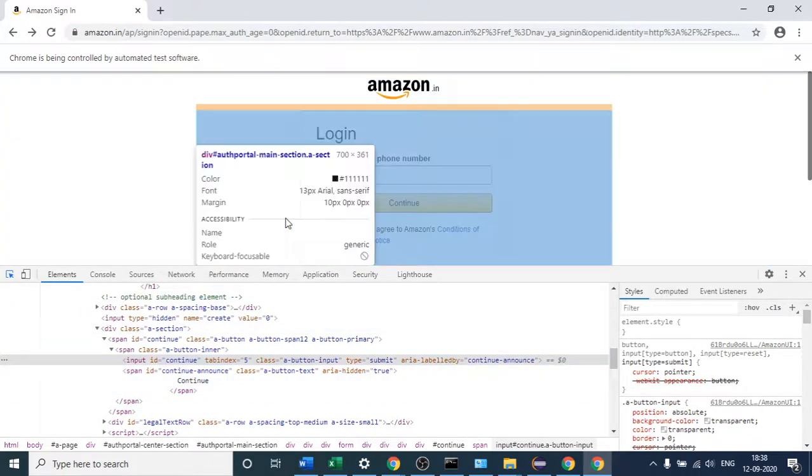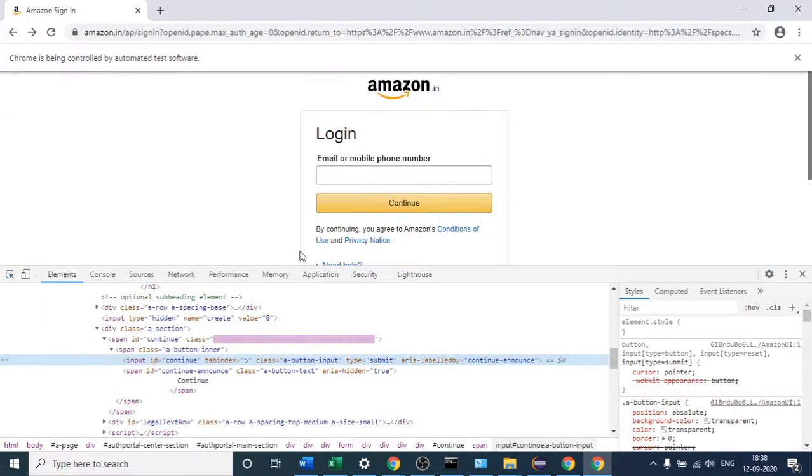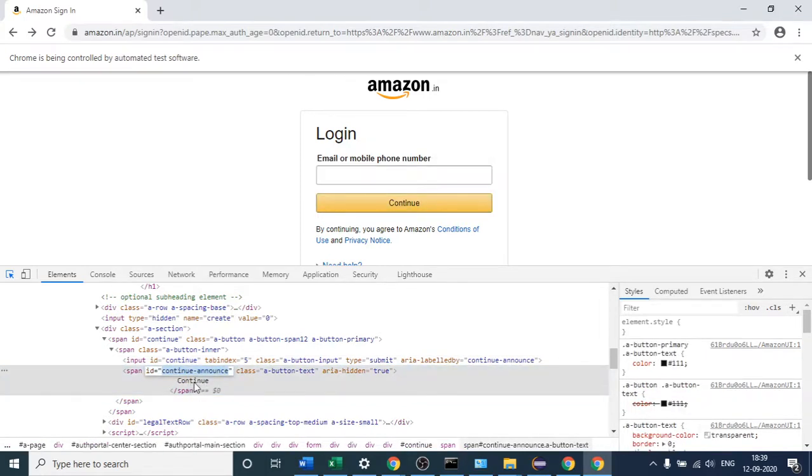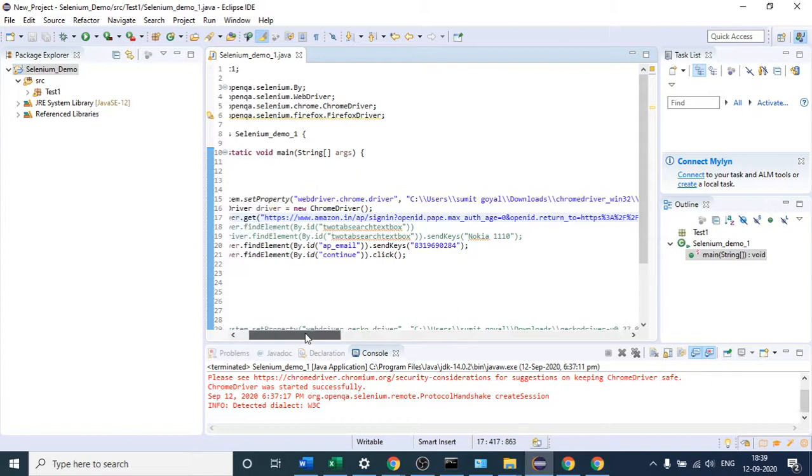So see clearly, if I click this, it is highlighting this one, as well as if I come here, it is highlighting the button as well. But see clearly, where is this text present? Continue is the text which we are looking for. So you can see the continue is present here, not here. It is the one, and you can see the ID of this one is continue announce. Here you can see the text. Continue text is present. If I copy this ID,